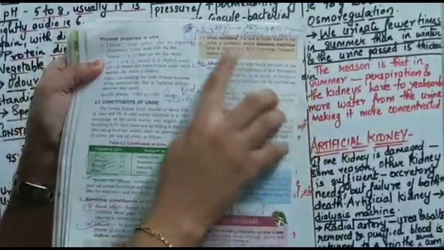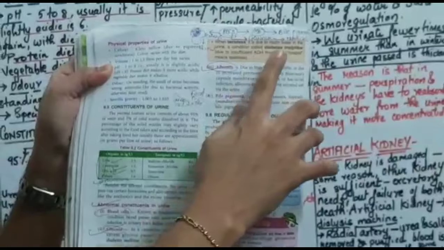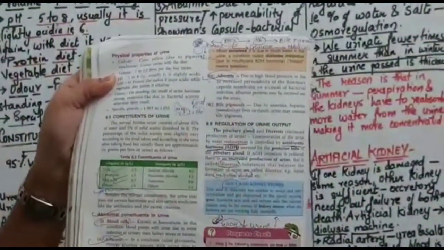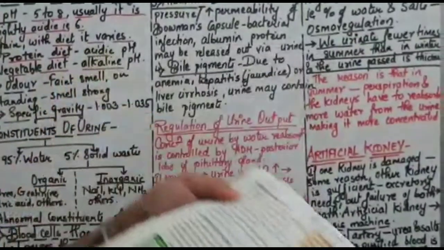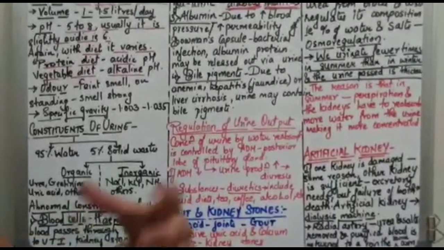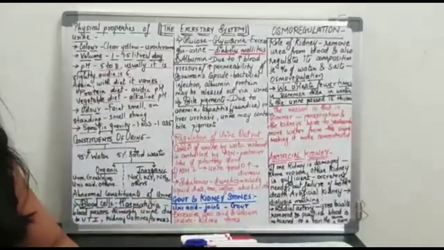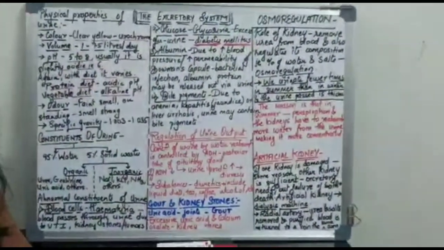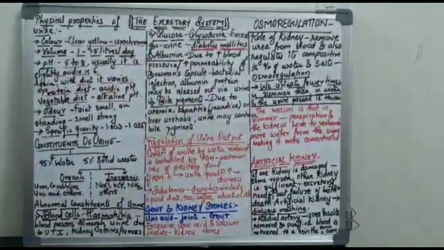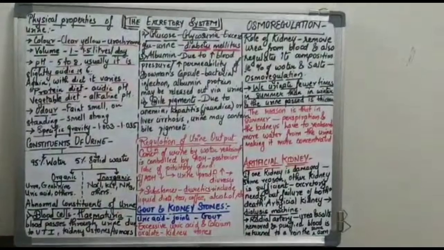And why does this happen? Because there is insufficient hormone, that is ADH hormone. Insipidus means tasteless. Again, my dear students, I would like to repeat: when I say sweet taste or tasteless, nobody is going to taste the urine sample. There are glucose strips which are used to test the glucose in the urine sample, right?